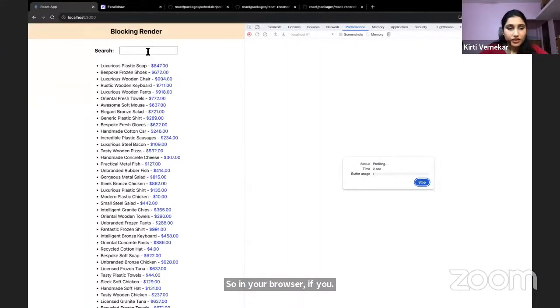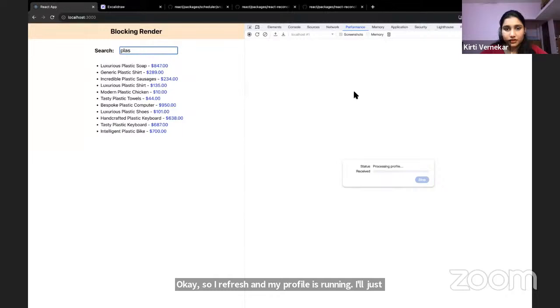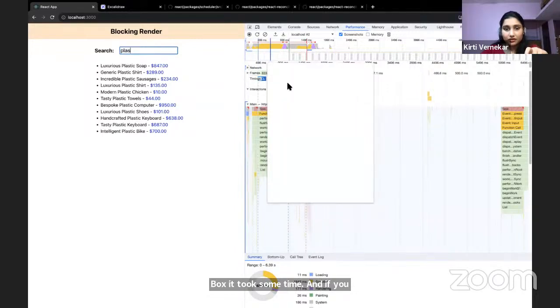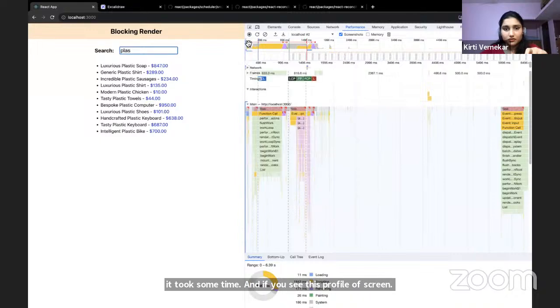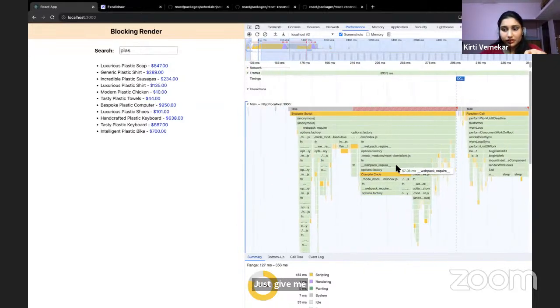Okay, so I refreshed and my profiler is running, and I'll just type "plastic". So you saw that in a blocking render, even for the string "plas" to appear in the input box, it took some time. And if you see this profiler screen,